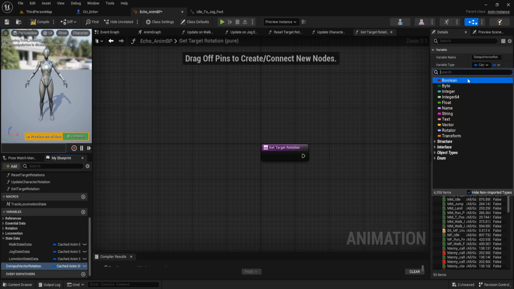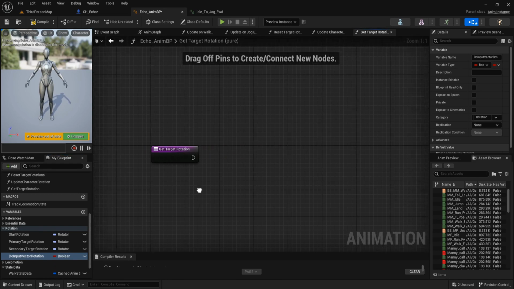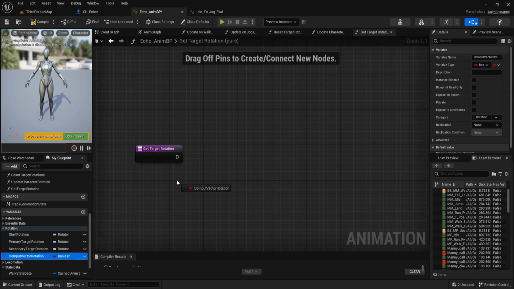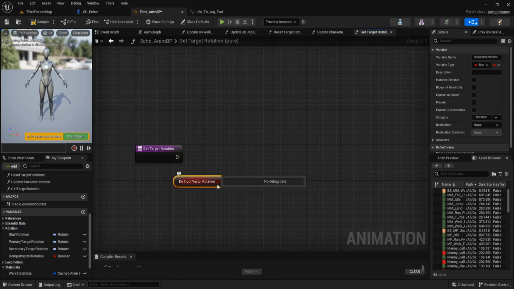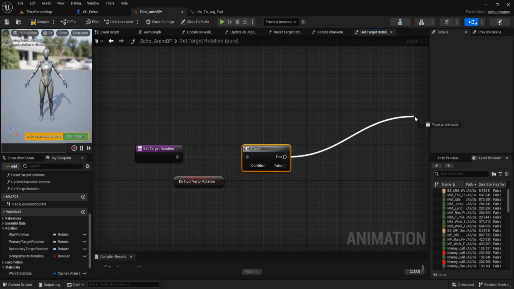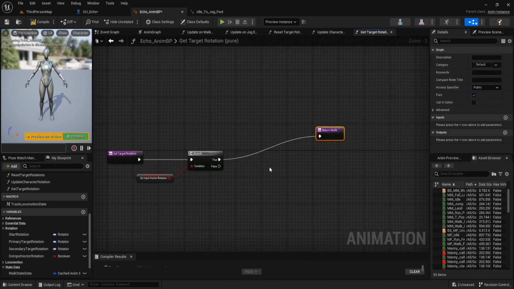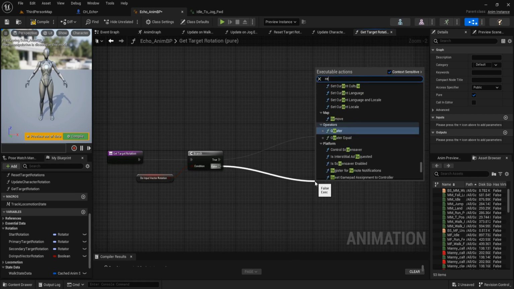The variable type is boolean and category is rotation. Then get this do input vector rotation, create a branch and call return. We have different return when it's true and when it's false.